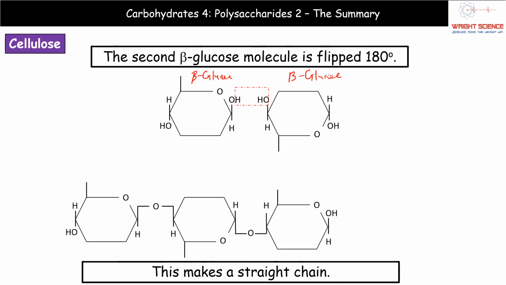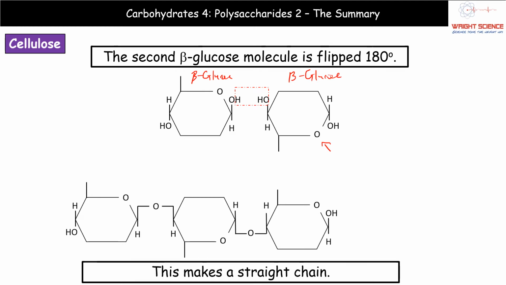position. The reason for that is that when cellulose forms, that second beta glucose molecule is actually flipped by 180 degrees. So if you look, the oxygen now sits in the bottom right corner. So all we've done is we've just flipped it by 180 degrees. What that means is when we then form our little glycosidic bond between, obviously, the 2 hydroxyl groups between the 2 beta glucose molecules, instead of having this spiral structure that we saw with our previous polysaccharides, we end up